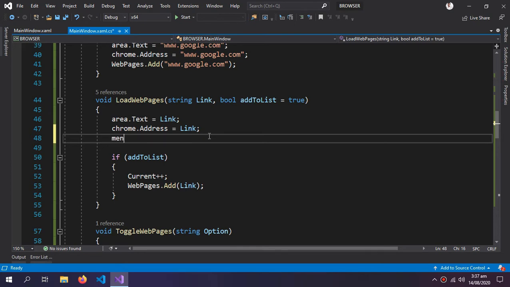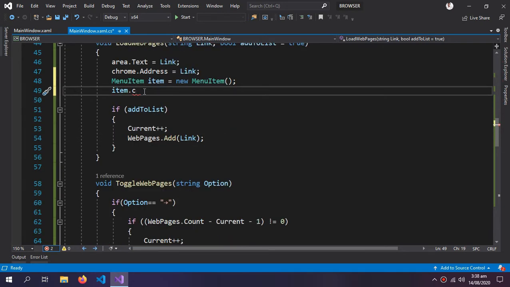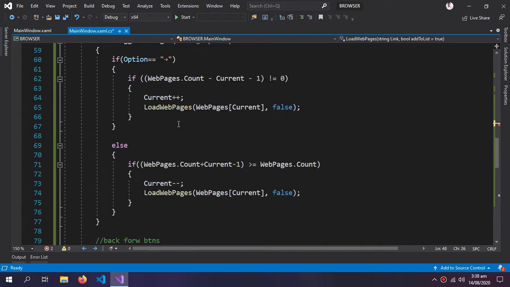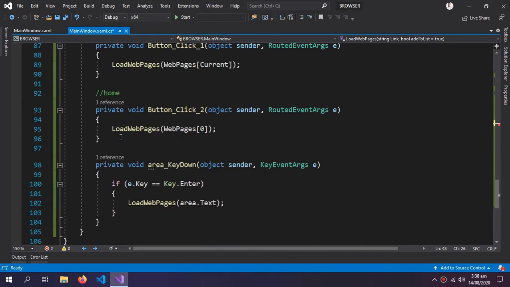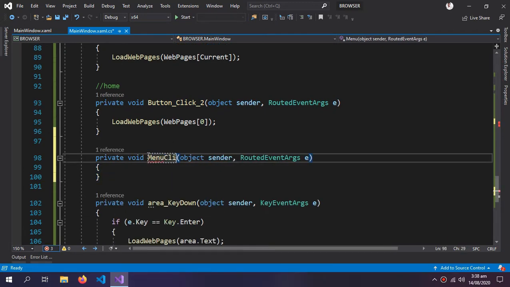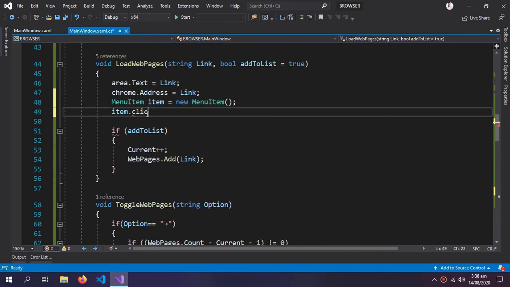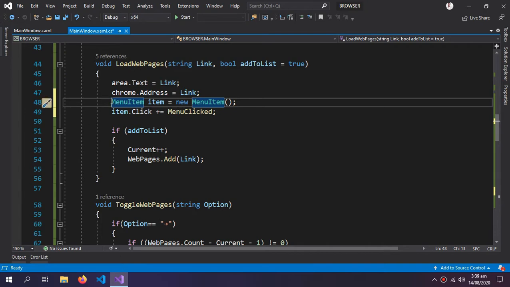So for that, menu item equals to new menu item, the item dot click. We also need a click event for the item, so I'm just gonna copy this and paste it here and rename it menu click. So menu click equals plus equals to menu click. So for each web page which is loaded, a menu item would be created and given this click event,